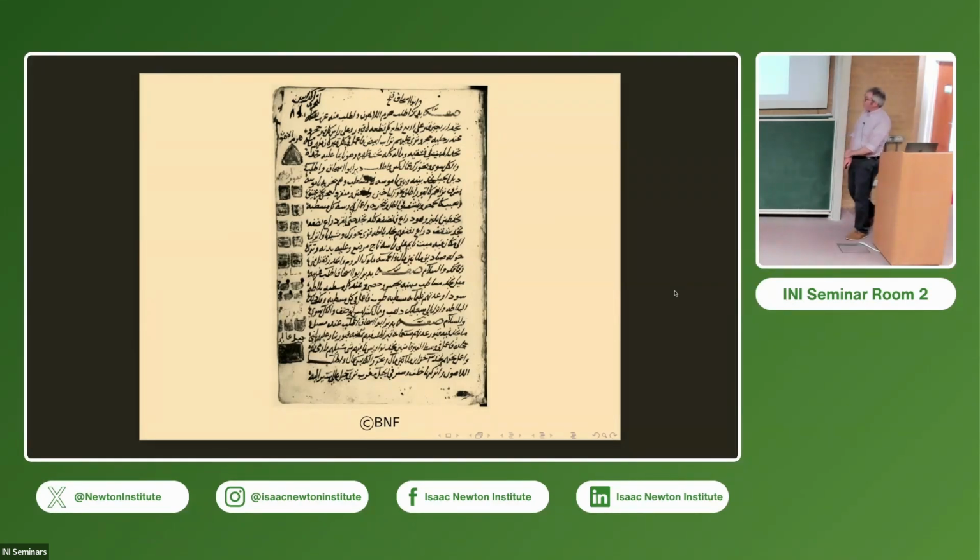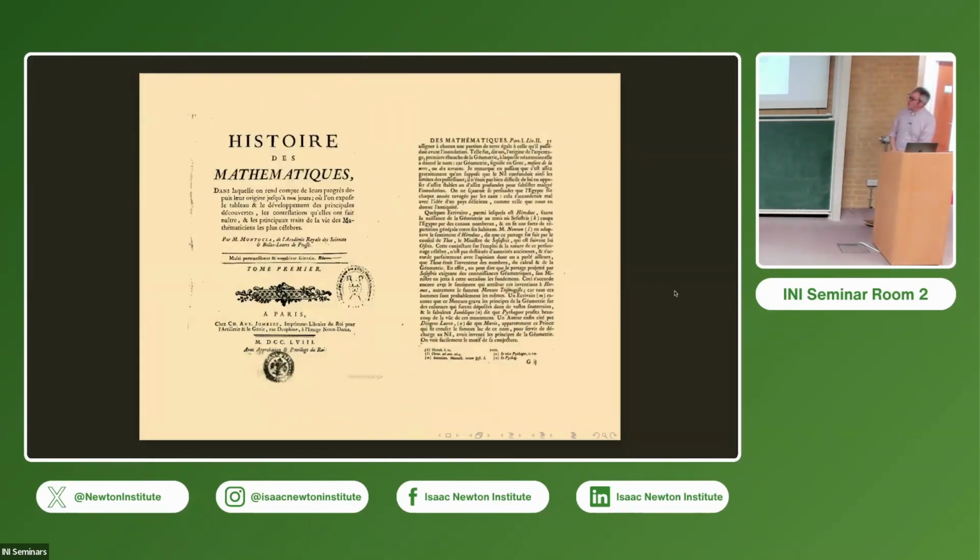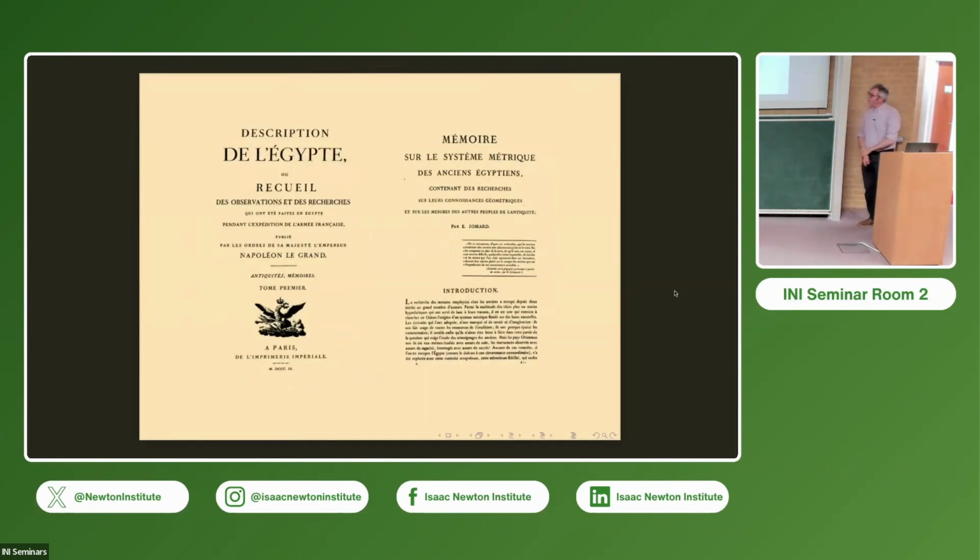Okay, so skipping quite lightly down the centuries, coming to the mid-18th century, we have Jean-Étienne Montucla attempting to write the first reasonably comprehensive history of mathematics. And there's a great contrast here between what he writes and what you find on ancient Egypt in modern books on the history of mathematics, where you typically will have a whole chapter on Egypt. Montucla has a paragraph in which essentially he's just telling you what Herodotus said. So it's still Herodotus.